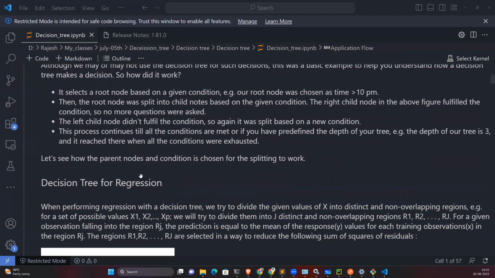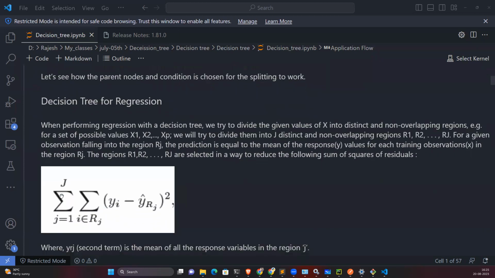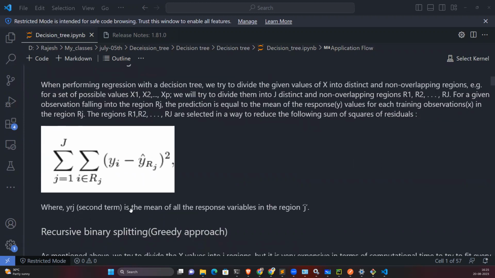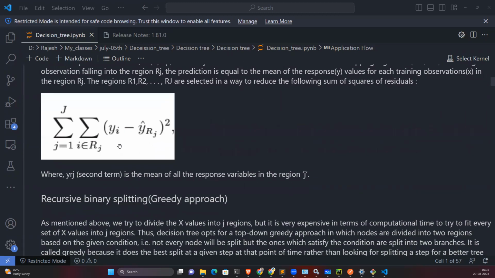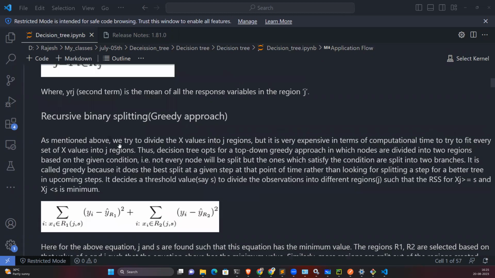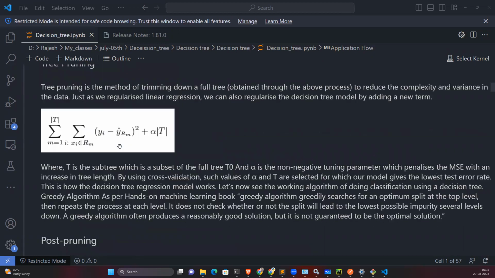Now let's see how the parent node and condition are chosen for splitting. So decision tree for regression, again, this part is very simple. We are going to calculate the error. This is the actual value, this is my predicted value, and based on this, we are going to calculate the error, MSE, which is called mean square error. I'm not interested in talking about the decision tree for regression, but as of now, just try to understand the decision tree for